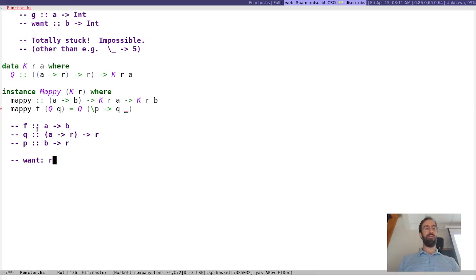Right? So now, Q says it wants an A to R function. So now we want an A to R function. Okay? Any ideas how I could get a function from A to R? Well, we could either look at this and say, how do I get a function from A to R? Or I could go ahead and fill in a lambda there. Either way, what would you all like to do? Lambda, okay. Good. So I'll say lambda. I'll just call this lambda A